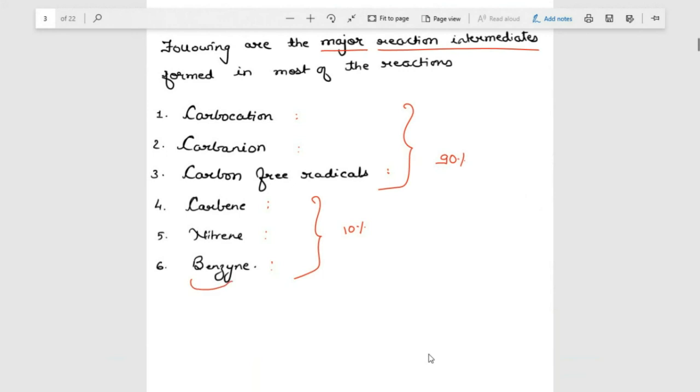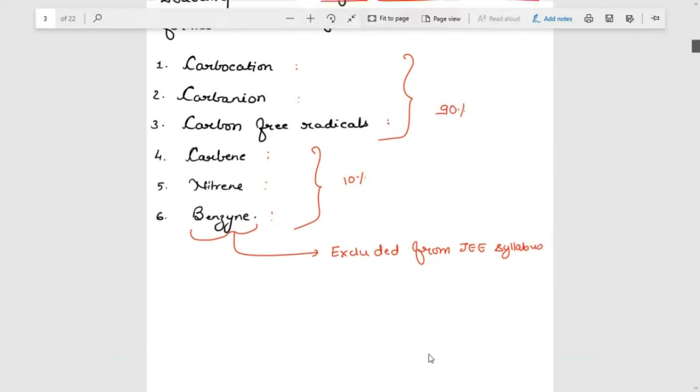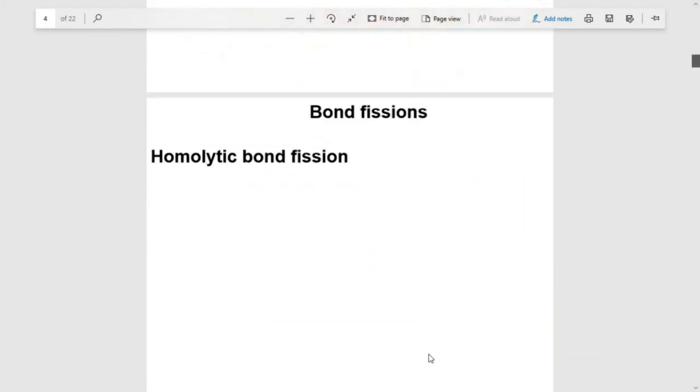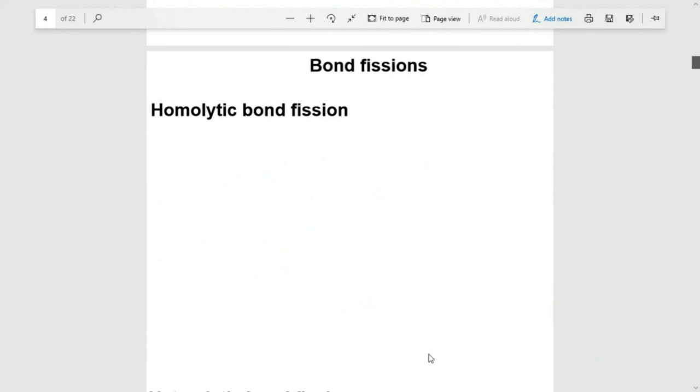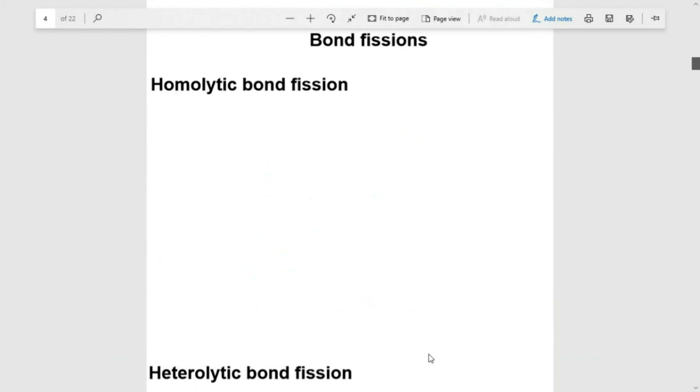Out of this, the benzyne mechanism is clearly mentioned as excluded from the JEE syllabus. So we may not know much about its reaction mechanisms, but we should be aware of its bonding and basic formation. So let's start with our reaction intermediates. The first one is carbocation, but before proceeding to that, I would like to give you a general idea of